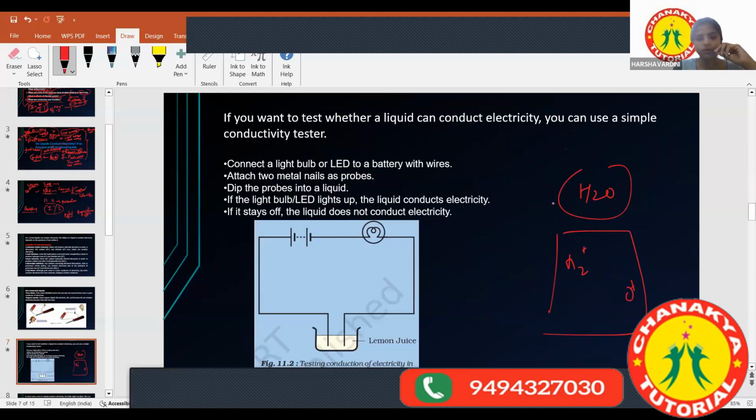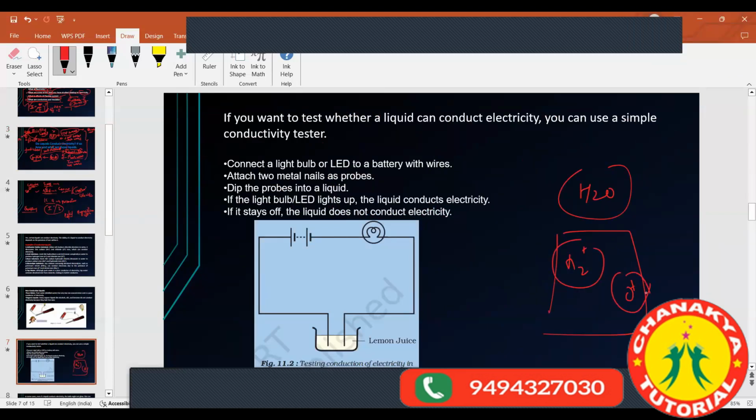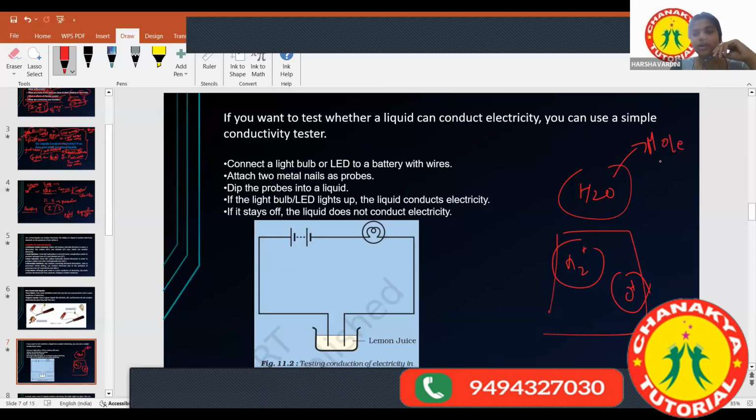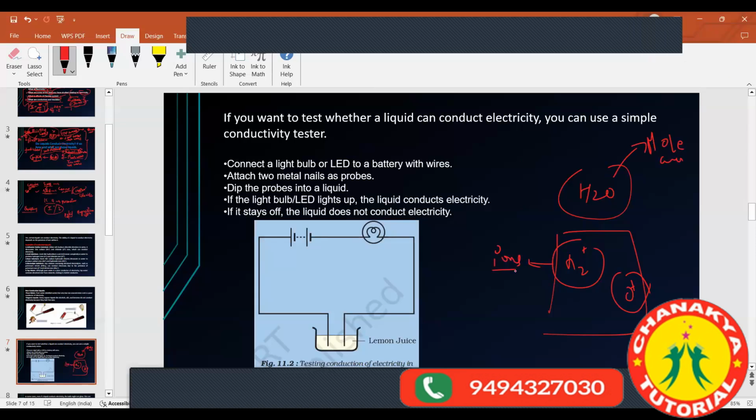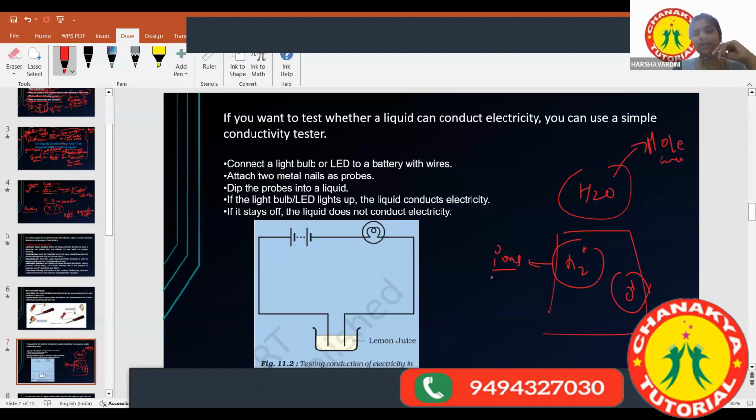So what is the difference between these two? The H2O molecule will have positive and negative ions, no, ma'am. This is a molecule, but these are ions. Ions are nothing but positive and negative charged particles; ions is a technical word you will use. But when they react with each other, they become a molecule, that is H2O. Both are different. The states are different.